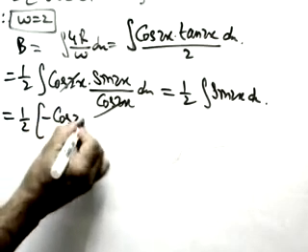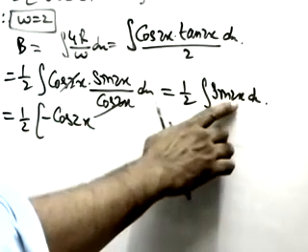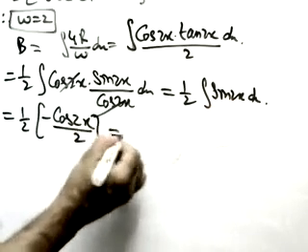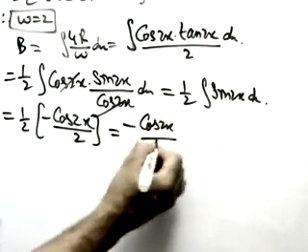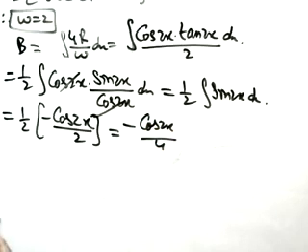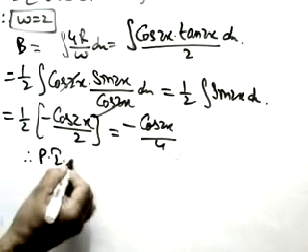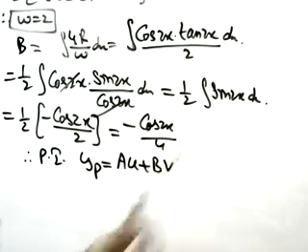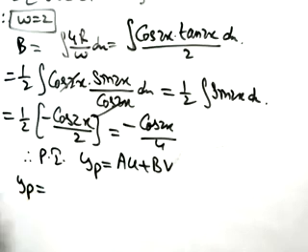You see here, integration of sine is minus cos. But we are having 2 with x in this variable. In integration, this will be divided by 2. So this is minus cos 2x by 4. Now we got a also and b also. What is the value of a? Just now we got it. Therefore, the particular integral formula is yp equals a into u plus b into v. Just now we got the value of a. The value of a we got as 1 by 4 into log of